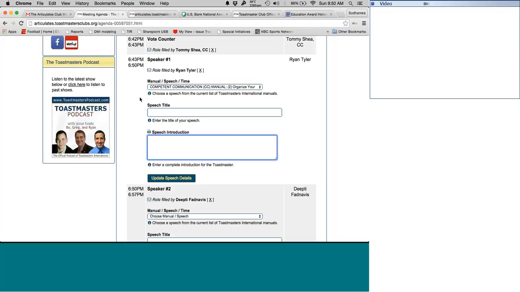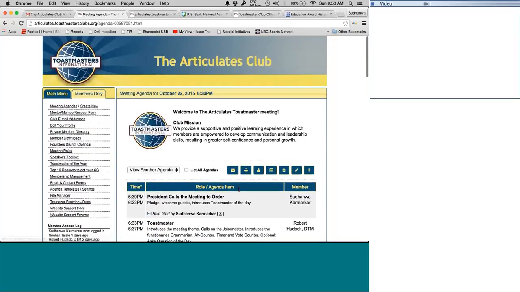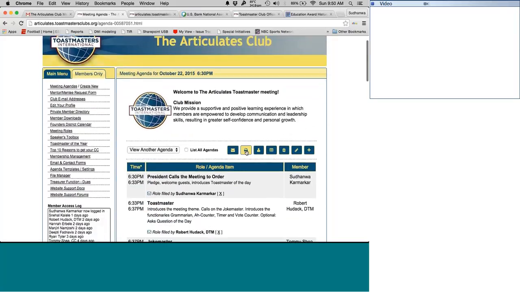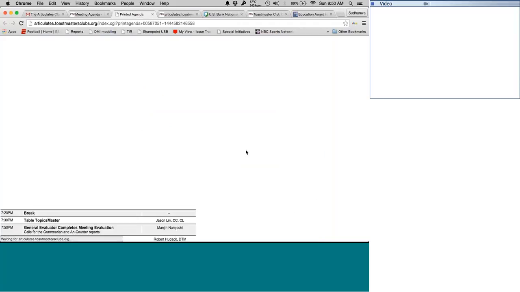Further, this entering here is very important because from this website, an automatic agenda will be printed. This will save a ton of time for the Toastmaster to prepare the agenda using the Word document. Let's see how that is done. In the agenda itself, there is a button called Print this meeting agenda. If I click on this button,